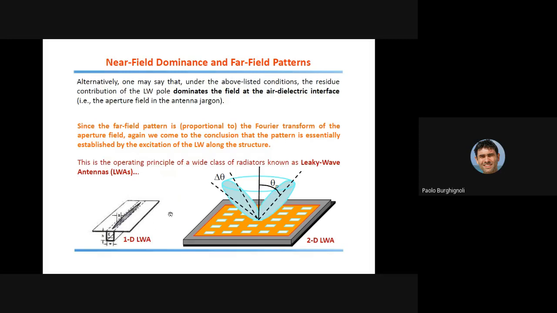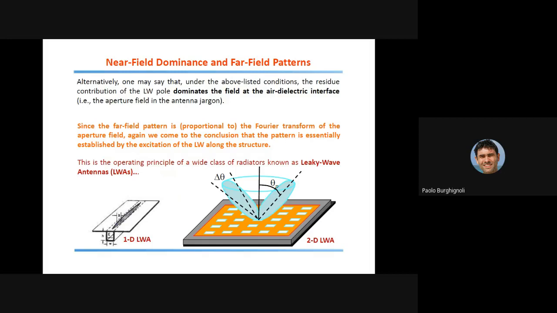And if you manage to maintain the phase constant beta almost the same, and instead have the attenuation constant vary along the structure, then it is possible for you to control the aperture field, and so to obtain by Fourier transform radiation patterns